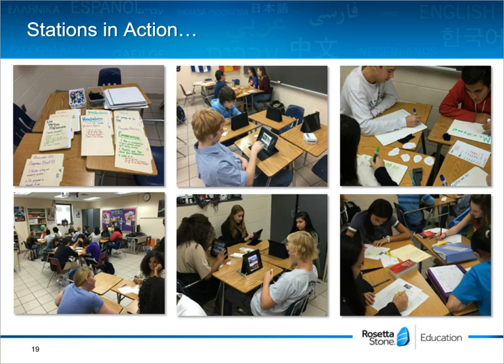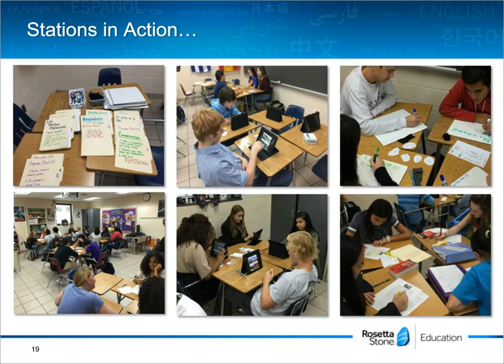If you're grouping them by ability, or if you're grouping them by mixed ability, the benefit of grouping them by like ability is that the students can work together, they can help each other, and there's not one student or maybe 2 students that are doing all the work and the other 2 are just copying everything they're doing. Mixed ability, depending on the activities that you're doing, may work as well.